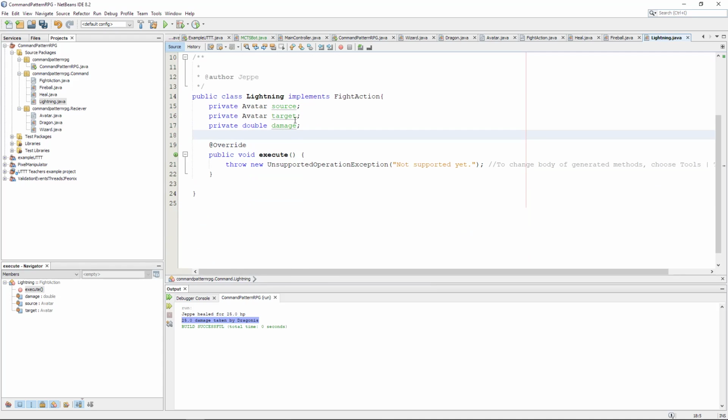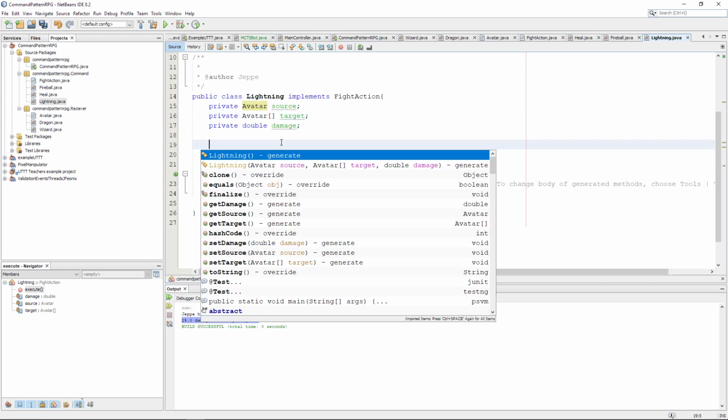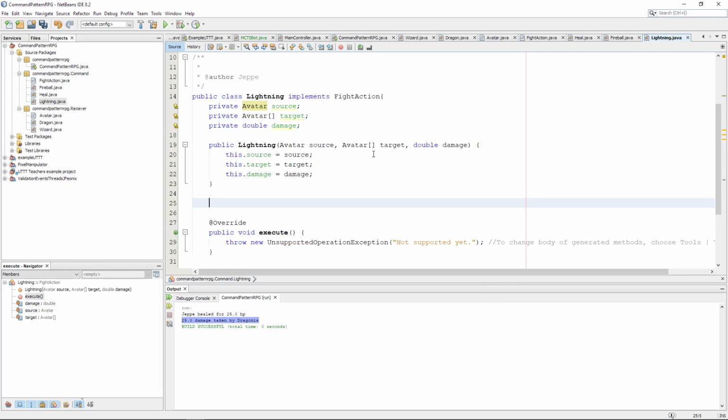And instead of having one target, it can have multiple targets. So let's try to create a constructor. I'm going to do something different here. Instead of having the target here, I'm going to say I want the damage in the middle and then the target last, because then I can do some magic here. So instead of doing it like this,